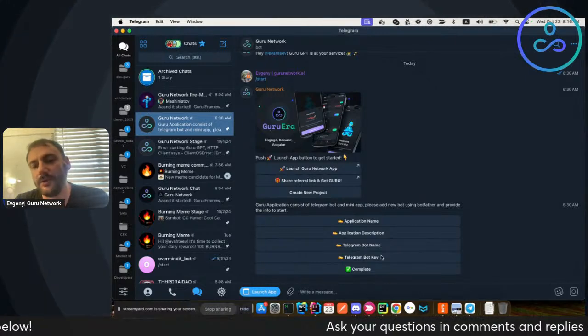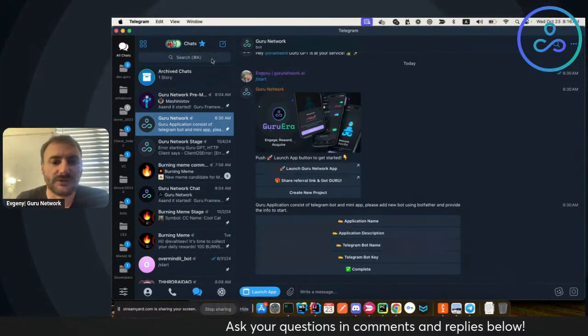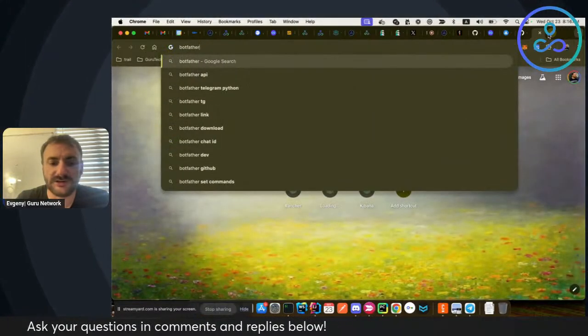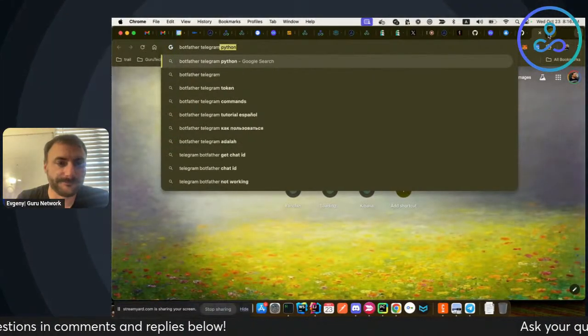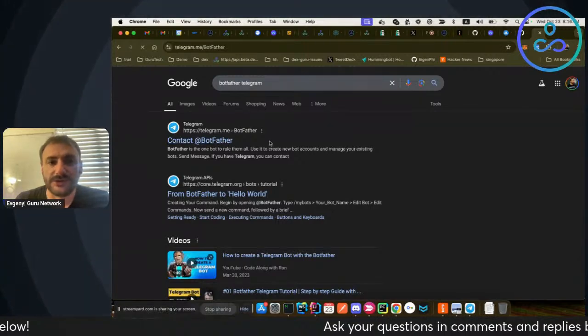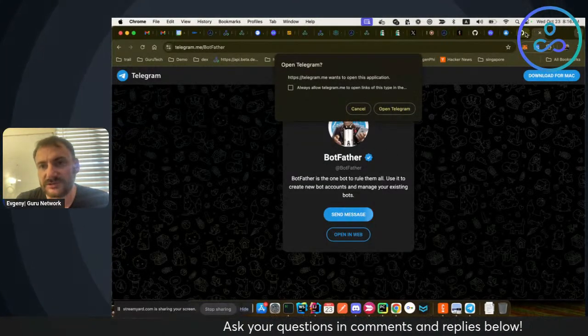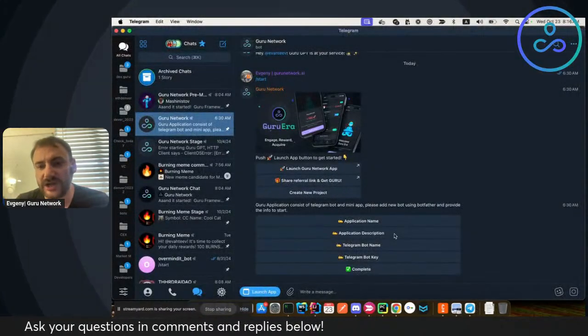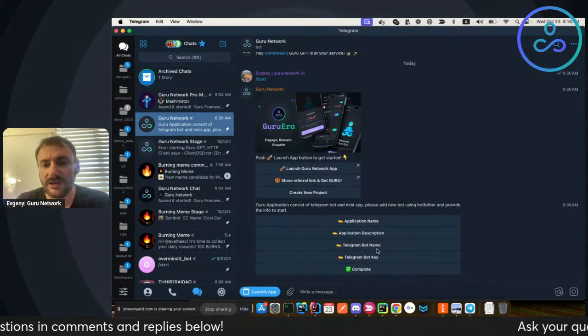You need to create a bot with BotFather. If you're not aware of it, it's a pretty simple process. You contact BotFather on Telegram, you create the bot in there, and all we need to spin up an application chatbot for you is actually the bot key and bot name.